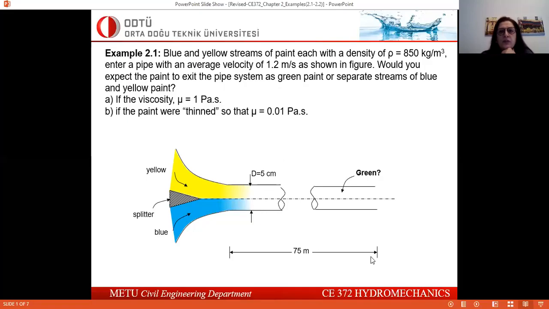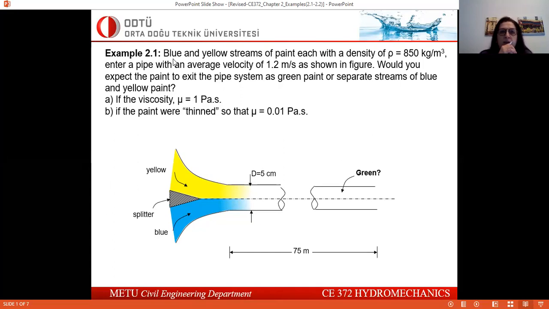Hello everyone. Today we are going to solve example 2.1. That's the first example for this chapter. What is given is blue and yellow streams of paint, each having a density of 850 kilograms per cubic meter, enter a pipe with an average velocity of 1.2 meters per second as shown in figure. Would you expect the paint to exit the pipe system as green paint or separate streams of blue and yellow